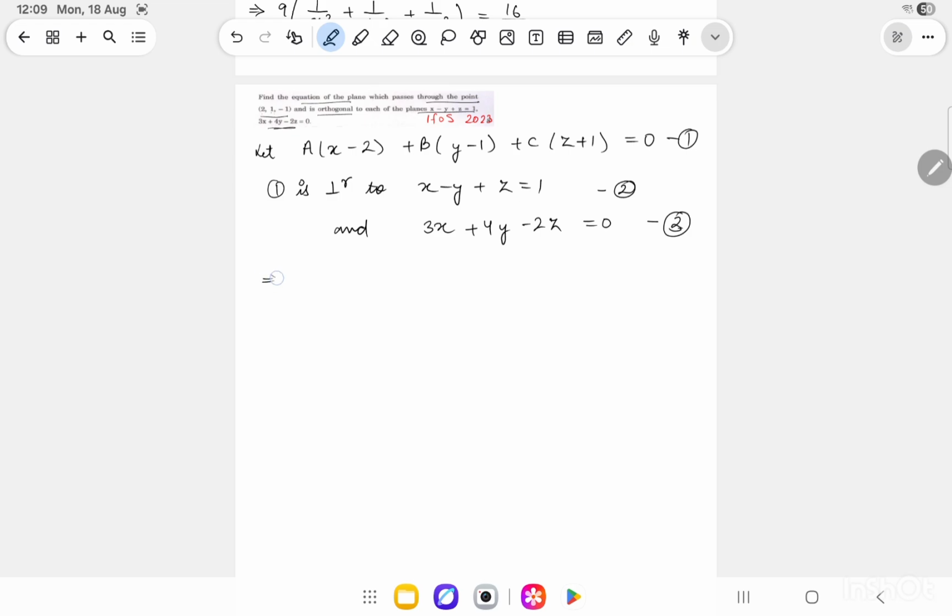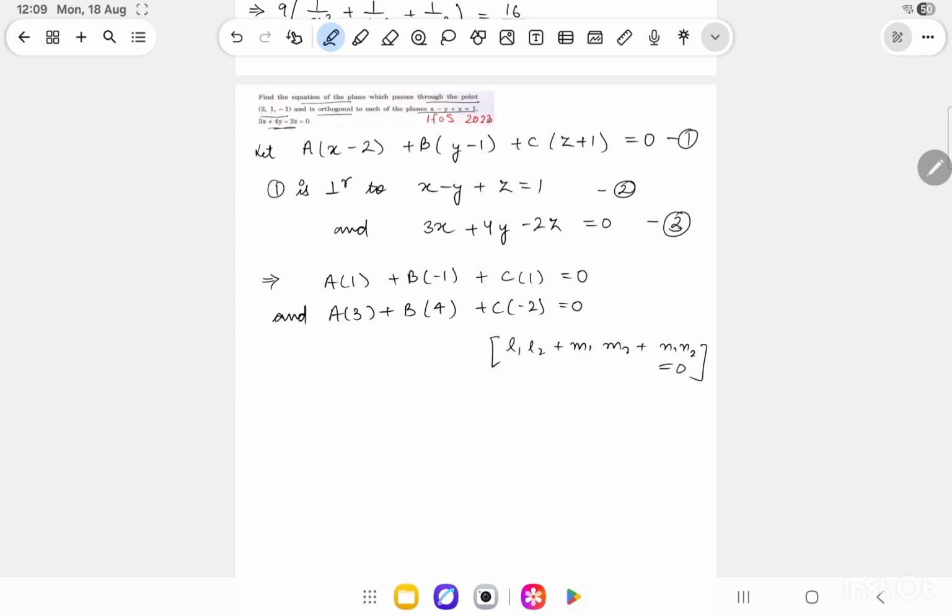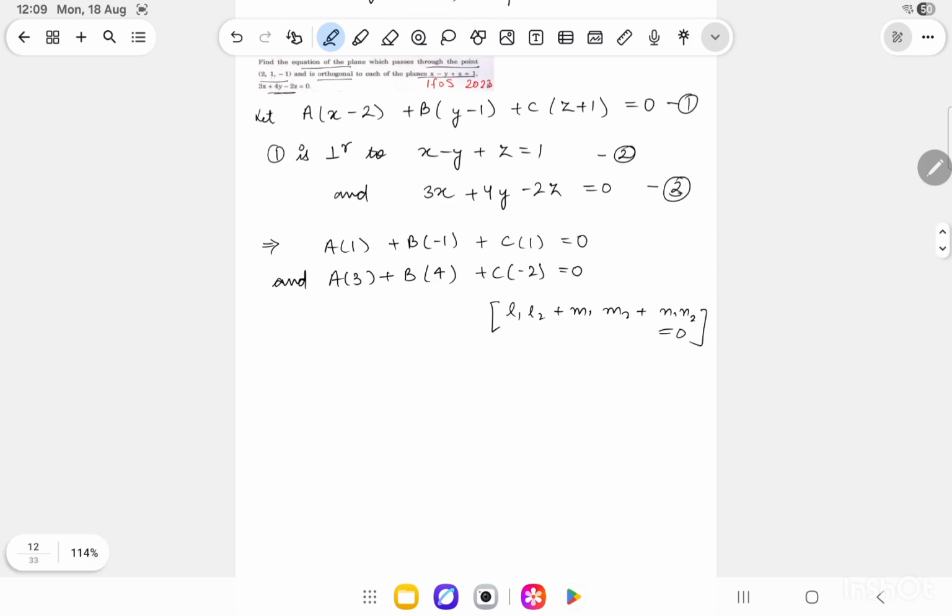So using that relation, I will get a into 1 plus b into minus 1 plus c into 1 equals 0, and a into 3 plus b into 4 plus c into minus 2 equals 0. I got this because for two perpendicular lines, L1 L2 plus M1 M2 plus N1 N2 equals 0, where Li, Mi and Ni have the usual meanings. So I can solve this equation in a, b, c using cross multiplication. On solving this, we get